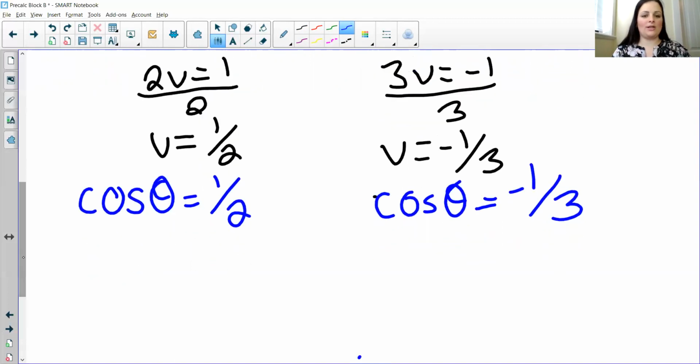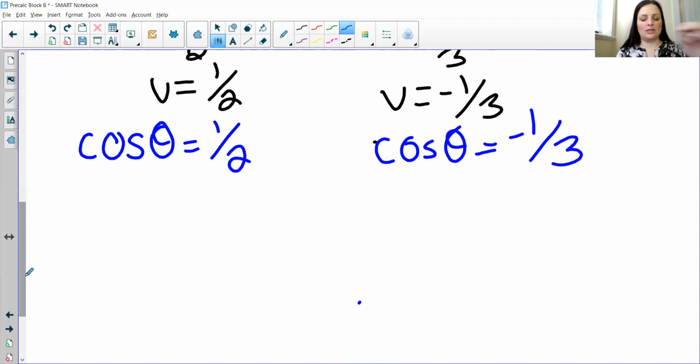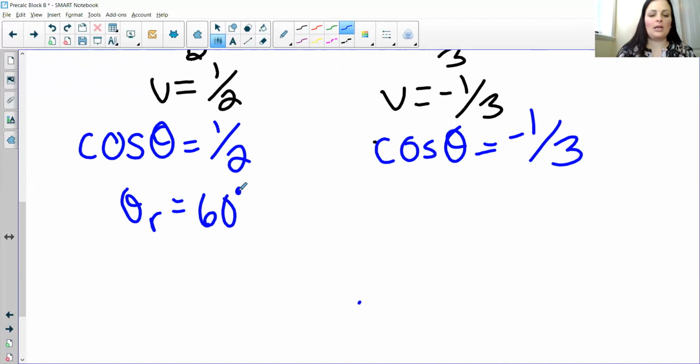Now, the first one is a special triangle ratio. It's one of those ones that you could either just memorize, or you could use the hand method, right? But if cos theta equals 1/2, your reference angle is going to be 60 degrees. Now this cos theta ratio is positive, which means that, if you remember CAST,